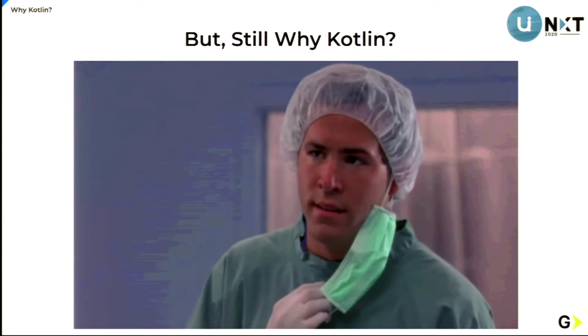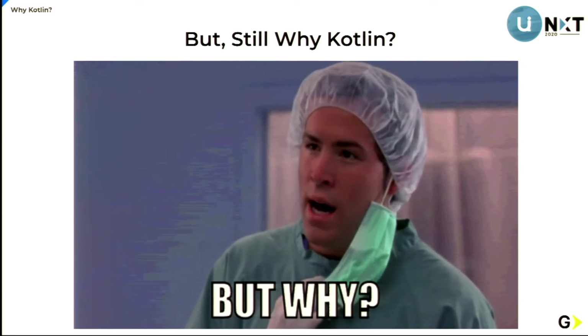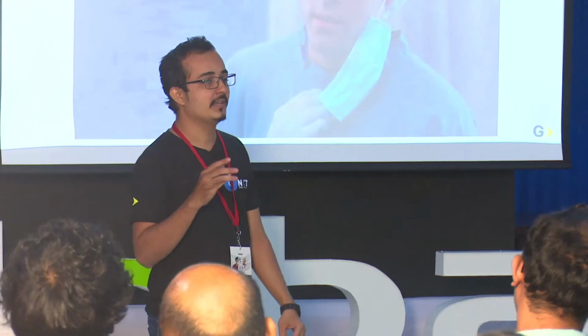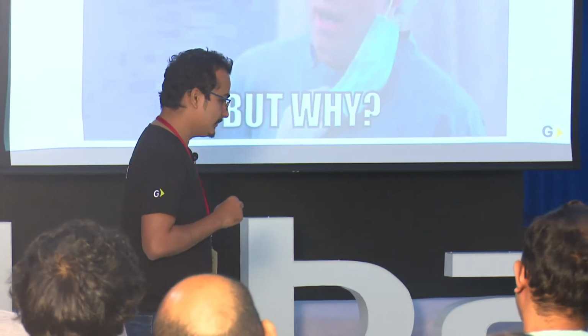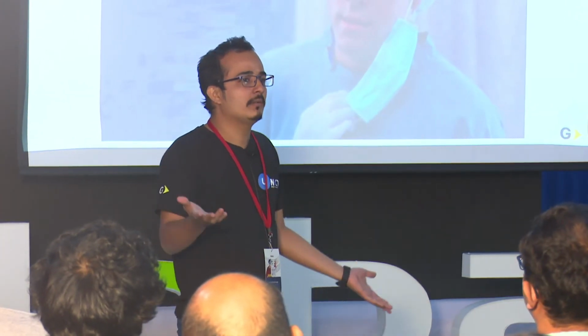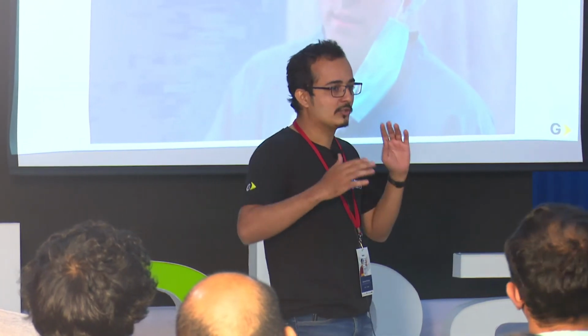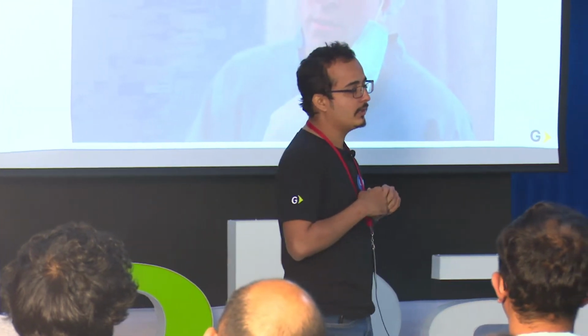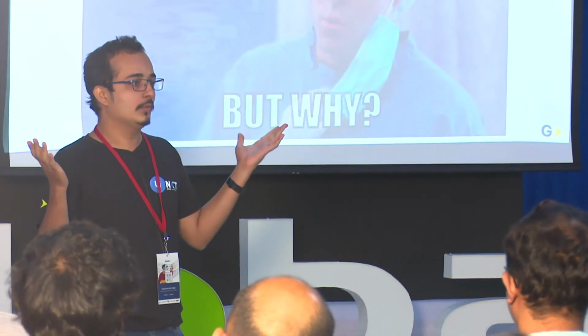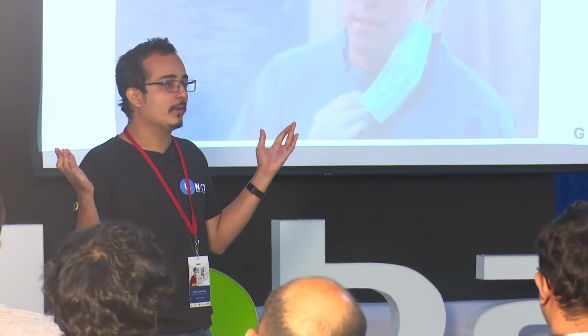So I'll give you the reasons. Kotlin is a statically typed language created by JetBrains, and it was made open source in 2012. But nobody knew Kotlin back then, right? It was a small bunch of people who were actually making use of it. But since Google I/O 2017, Google made a huge announcement that Kotlin will be used for developing Android apps. Kotlin will be the official supporting language for the Android platform.